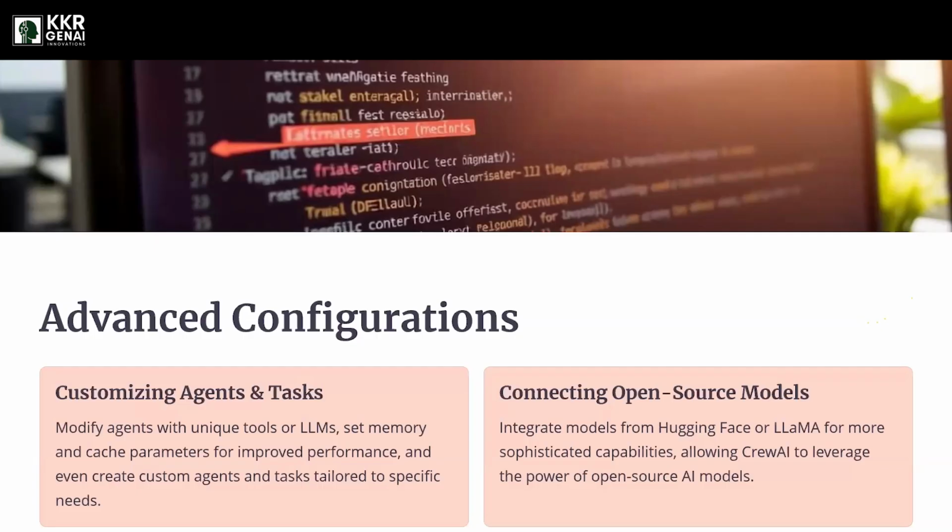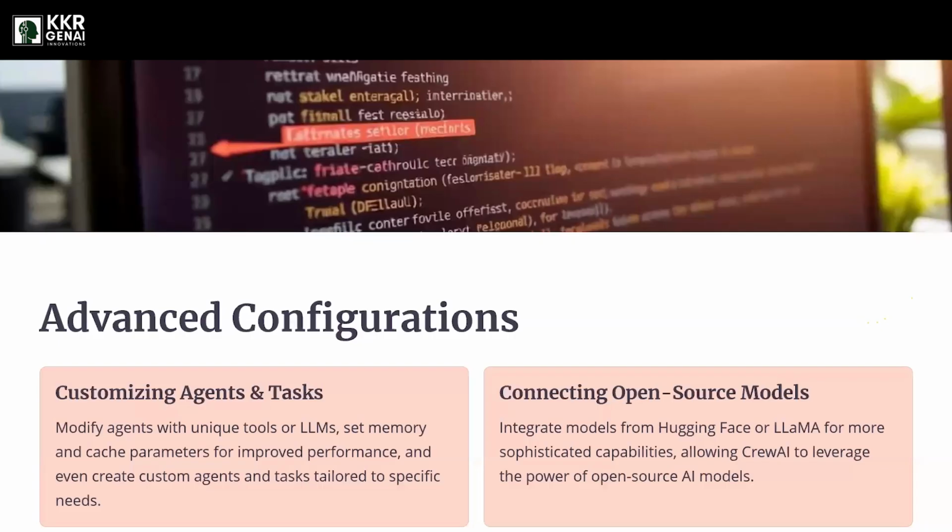First of all, customizing an agent means taking a normal assistant and giving it special tools, which is connecting LLMs and giving it already prepared components, that is tools, to make it smarter. This is customizing the agents to our specific requirements. And connecting open source models is giving power-ups to our agents so that they have a bigger knowledge base to research the content given by us.